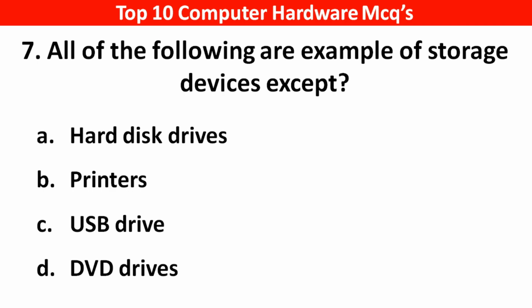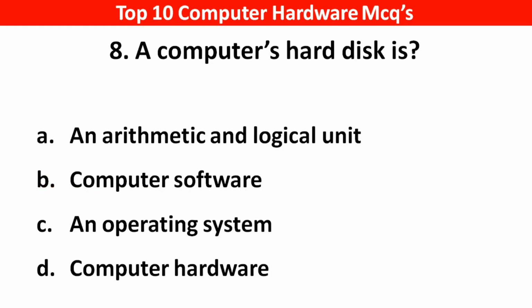USB drive, D, DVD drive. Right answer is option B, printers. Next question, a computer hard disk is